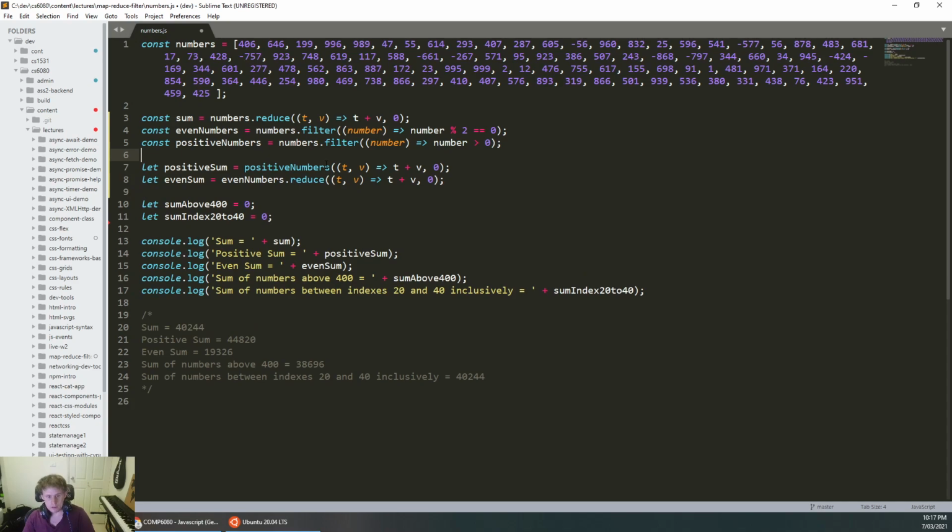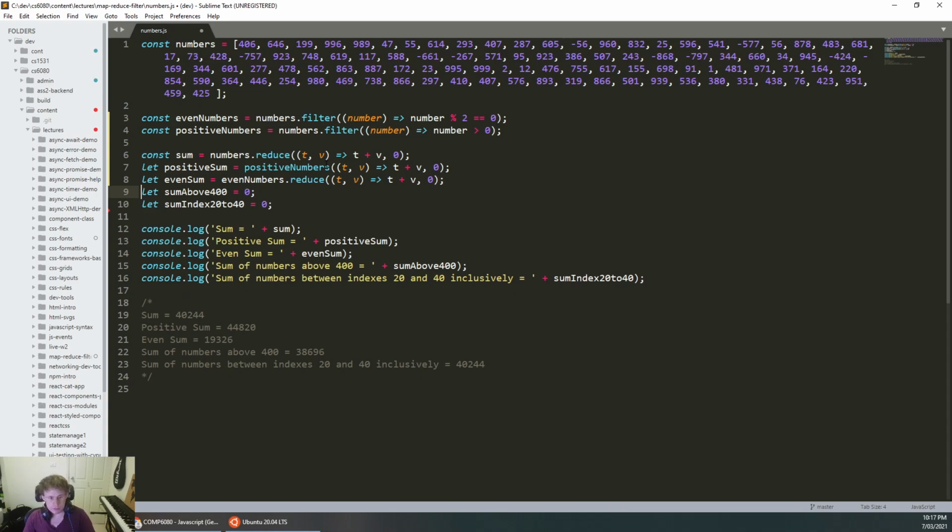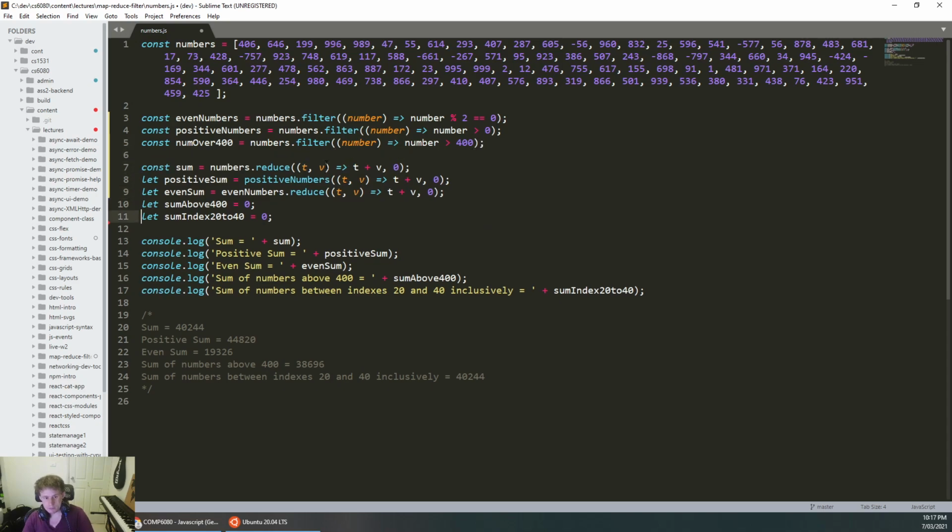Okay, slowly getting there. Now we need the sum of all numbers above 400. Okay, well, similar thing here. We could say const numAbove400 equals numbers.filter, but we're only interested in the numbers that are greater than 400. Easy. numOver400.reduce, t, v, t plus v, and then the sum of all array items with index between